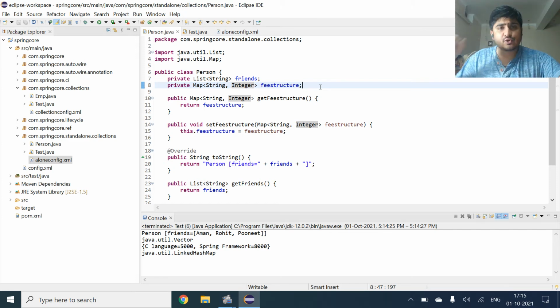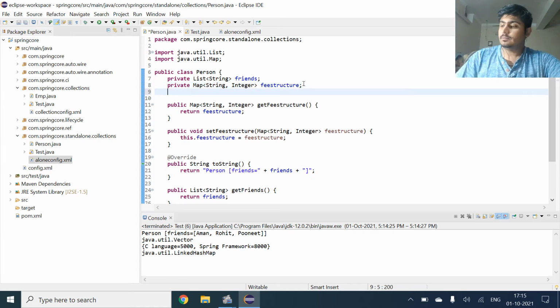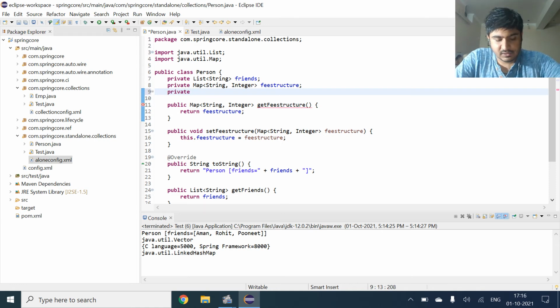Here we have given the string friends list, and map string integer fee structure, and now we are going to give the property. So private Properties.